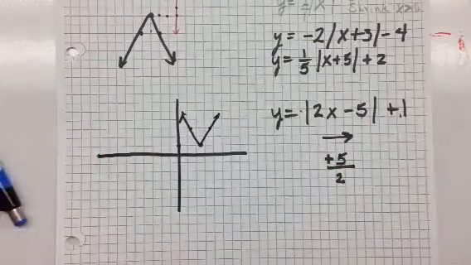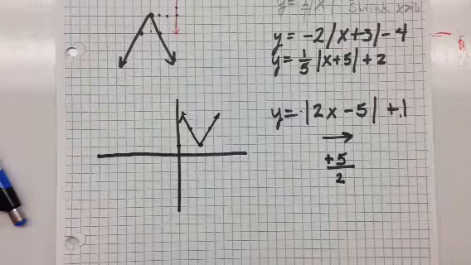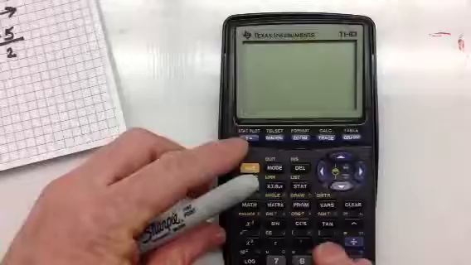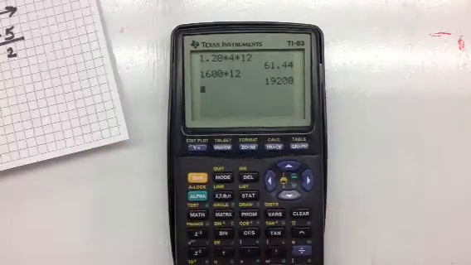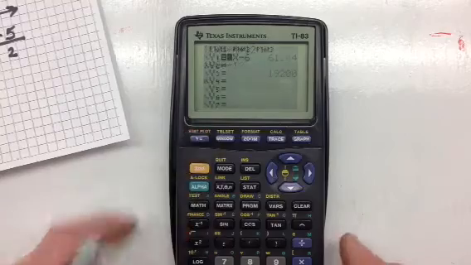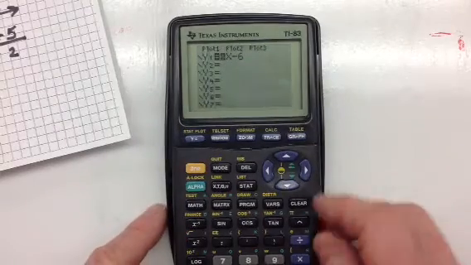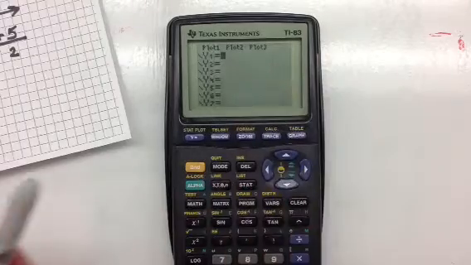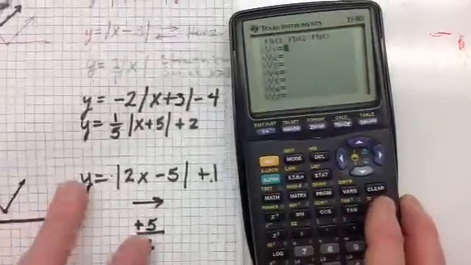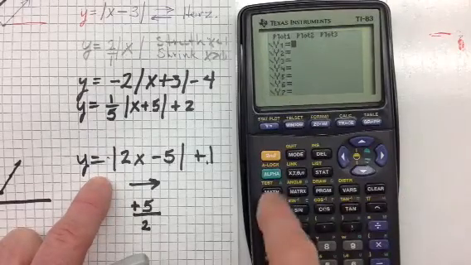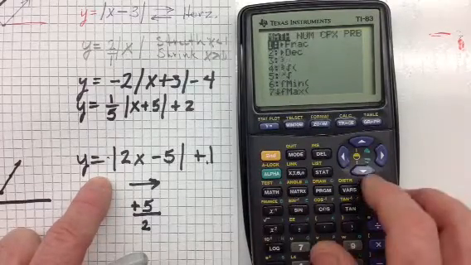Now you can do this on a calculator. Let me just show you the keystrokes for a calculator so you can see this really quickly. First of all, you've got to go into your graph, which is this y equals button. Hopefully you have your calculator with you. In there you can just clear out whatever graphs are in there. Now if we want to do an absolute value one, let's say I wanted to do this one right here, I go to my math option, so math,